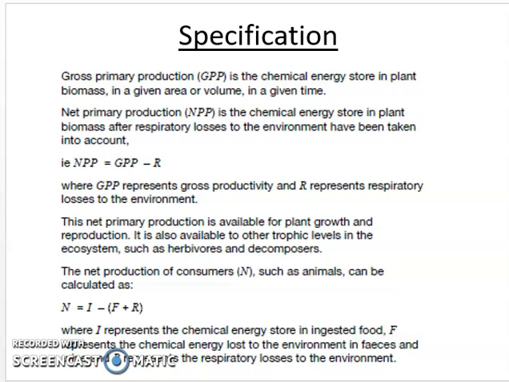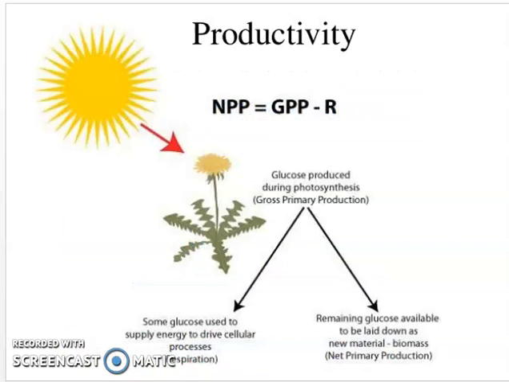Okay? So let's get our heads around NPP and GPP first. So net primary productivity, so that is what's available to the ecosystem, is gross primary productivity minus respiration. Okay, that's what NPP is. So if you think about it two ways, think about it in this way. The sunlight that falls on the plant does photosynthesis with it, and it produces glucose. That's our GPP, okay? But what we're saying is that not all of that GPP,